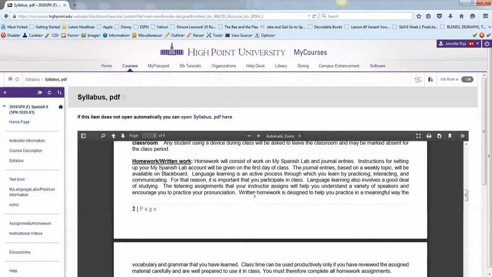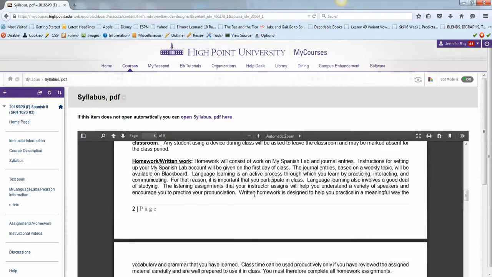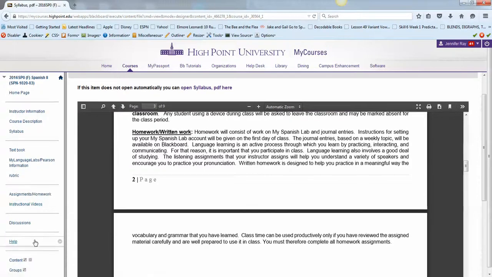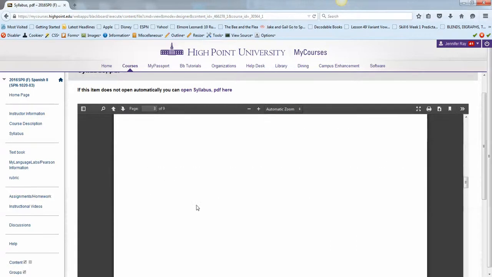And then I'm not sure about the journal entries. I think I'm just going to continue to do the same, in which we will have writing prompts for each chapter. You'll have a writing prompt on which you have to respond, and I probably will put it in Blackboard, which I did not do last year if you had me as an instructor last semester. At this time I will probably make it as an assignment that you need to complete in Blackboard. Let's see here, and then here